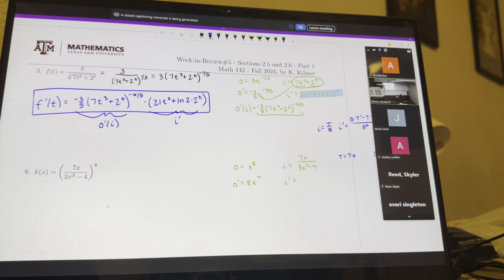Okay, so we need to find the derivative of each. T prime is 7. And then B prime is 9x squared. So plugging those in to the quotient rule, we would have B, 3x cubed minus 4,